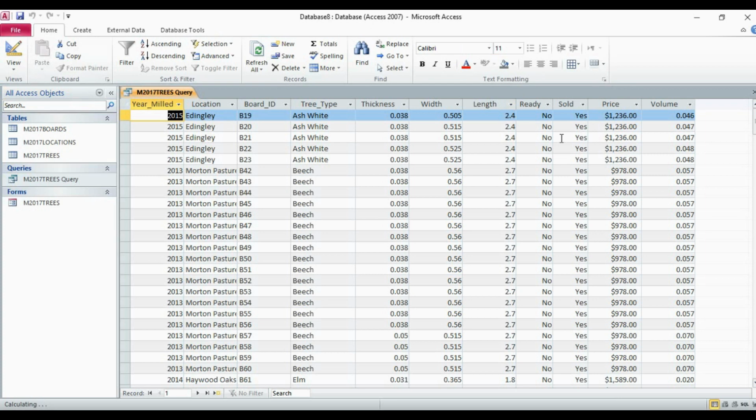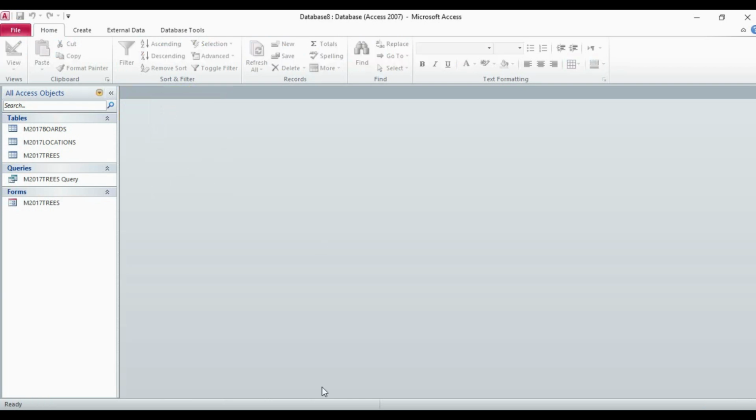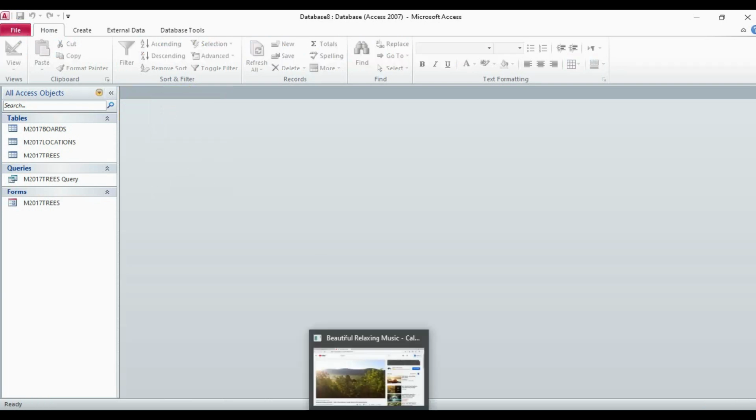Now the ready value is only no and sold is only yes. That is what we wanted to retrieve in this query. Now we will close this query table.